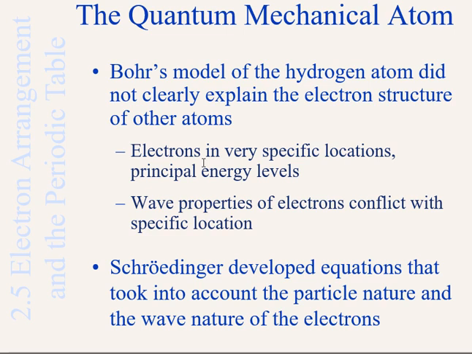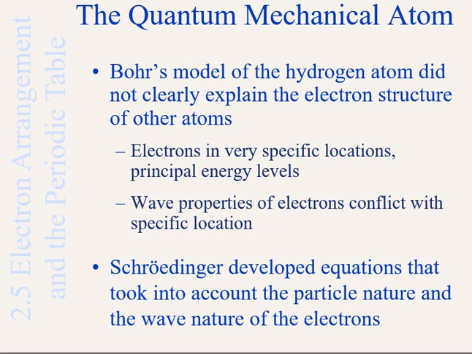Previously, in the slide before this, we called them atomic orbitals. But now we are going to even further refine our understanding of what exactly happens. And we will begin with something called principal energy levels. So, wave properties of electrons conflict with specific locations. What that means is that